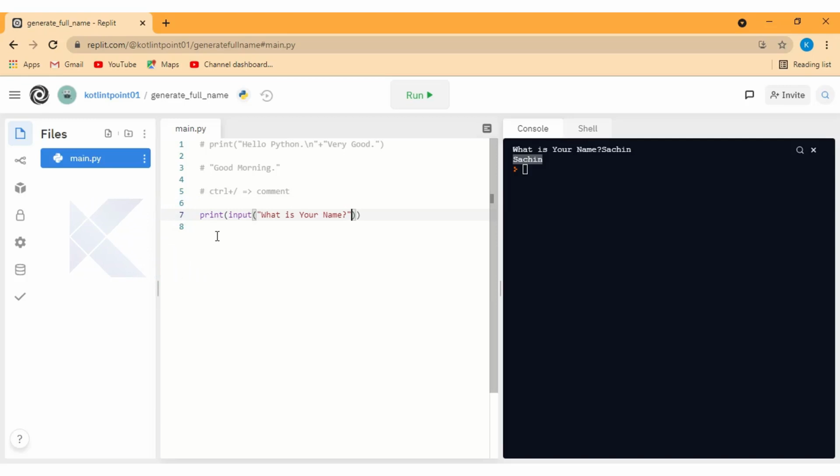You can continue with the input function for getting input from the user.